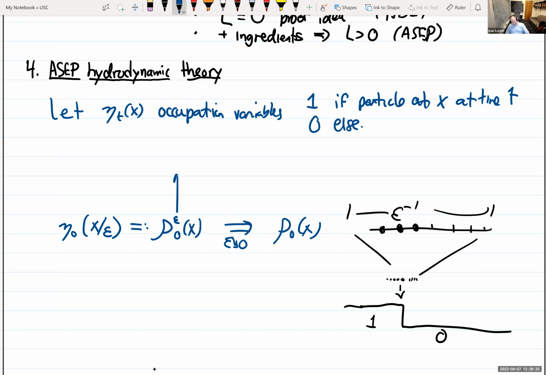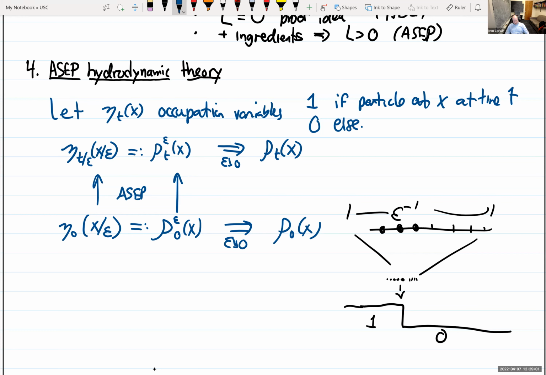Now, I know how to evolve the initial data via ASEP. I look at it at time t over epsilon and position x over epsilon, and in the same way I'll declare that to be rho epsilon t x. It's a random evolution, a Markov process, so even if I started with something deterministic, I have a random rho epsilon t x. Now the claim is that this converges again, as epsilon goes to 0, to a deterministic function rho t x, and that this whole picture commutes if what I put here is